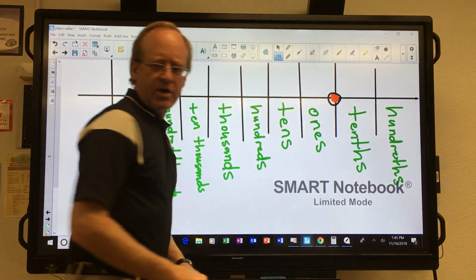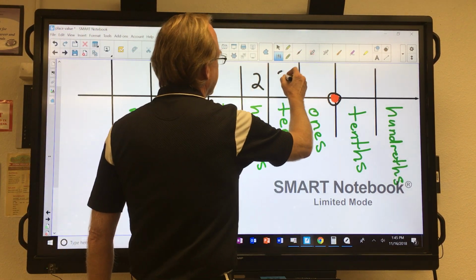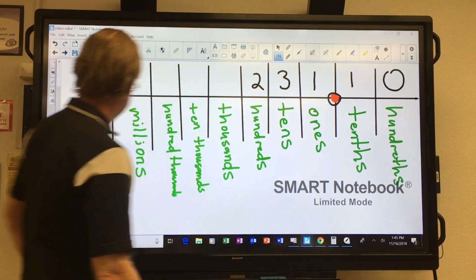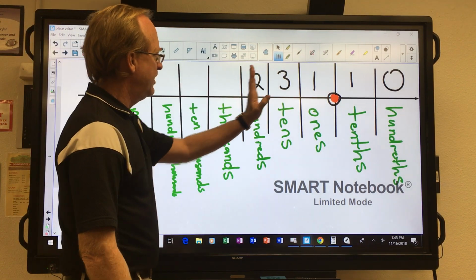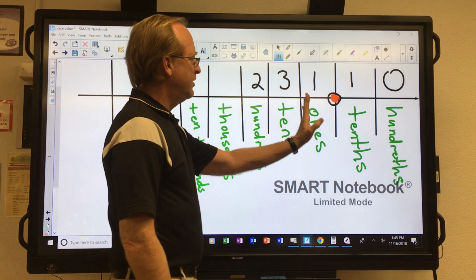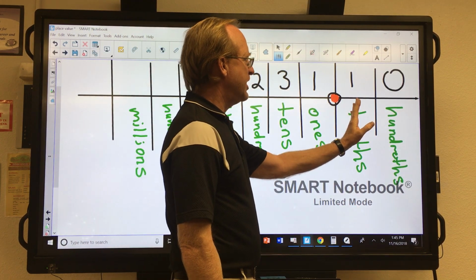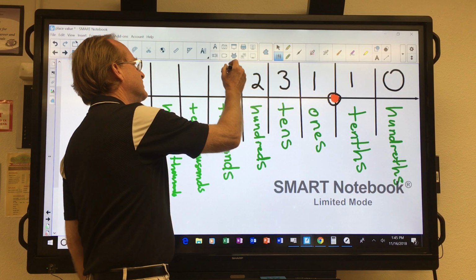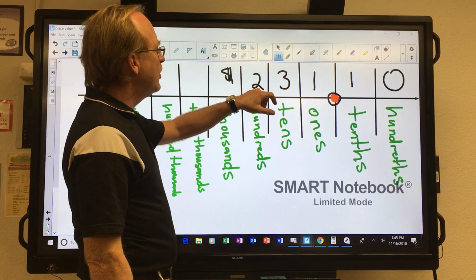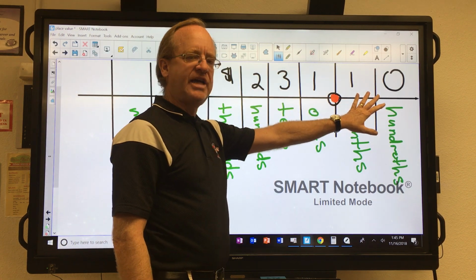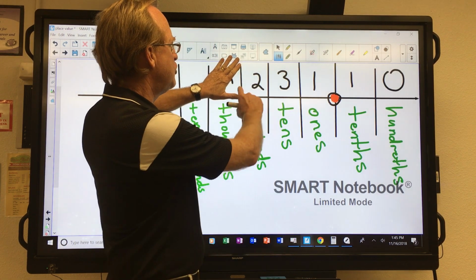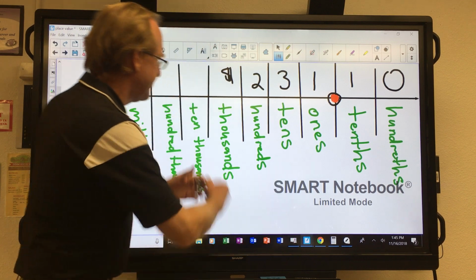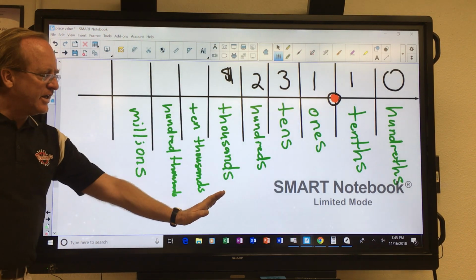So, if you have a number, I don't know, let's say 231.10. You have 200 plus 30 plus 1 plus 1/10. And if you add those all together, let's make it dollars since we were going with dollars before. You have $231.10, or if we're not using dollars, 231.1. Okay? All right, so in your book, you're going to see a layout just like this, and what you